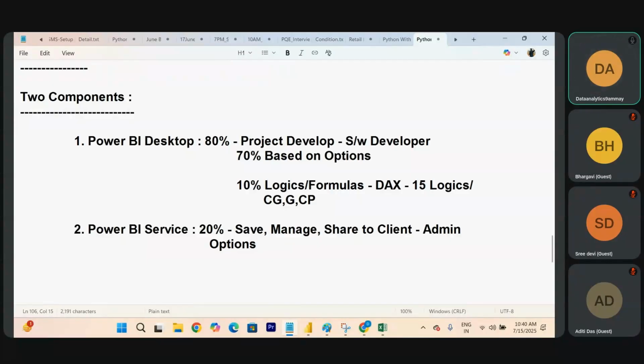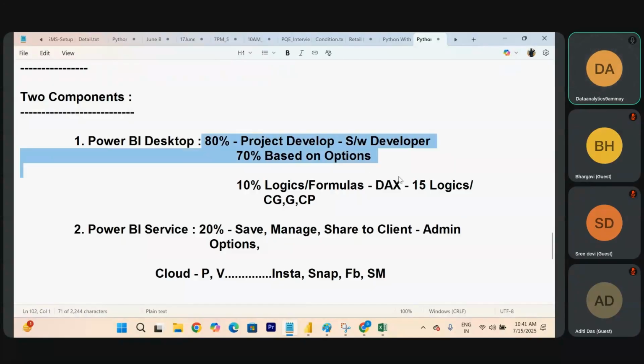Then what you call Power BI service, I want to call it the cloud. Why is it a cloud? For example, if you take photos or videos on your mobile, and a friend in a different place wants to see your pictures, you upload them to Insta, Snap, Facebook, or some other social media, right? In the same manner, whatever project you complete here, the client won't be sitting with you.